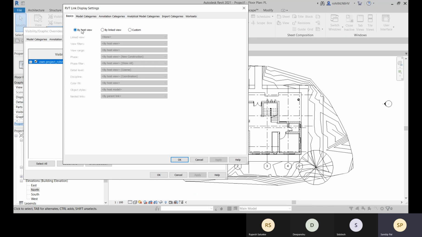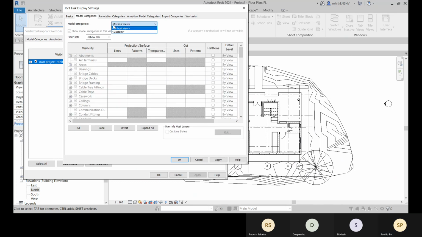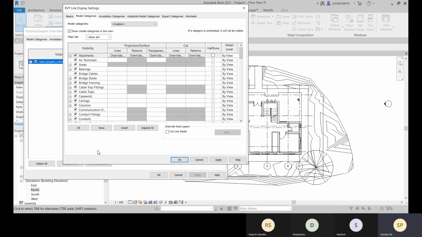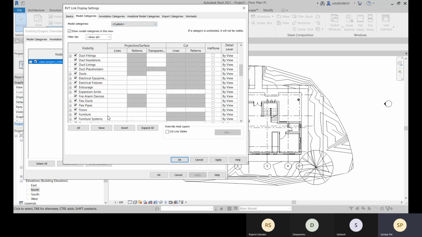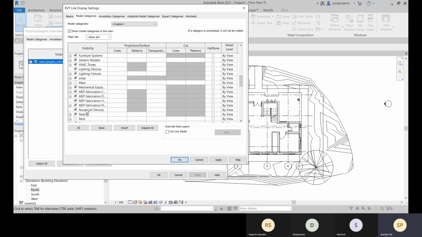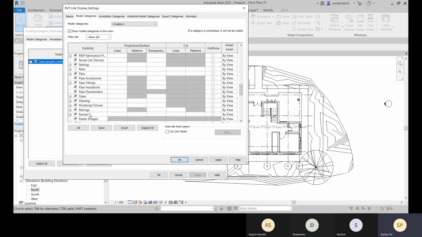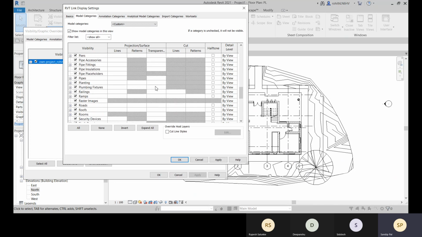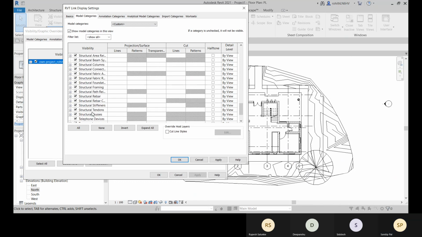So right now this is set as by the host view. As per the host, everything will be visible. We need to click on this custom and then we can change it here. And then here for the model categories, come to this custom here. Okay. And here, if you need to hide or show anything, you can check, uncheck, go for these visibilities and all. Okay.